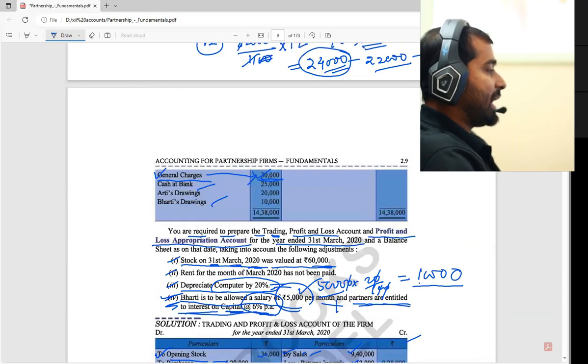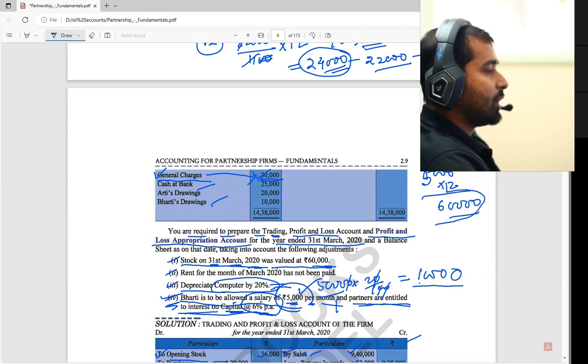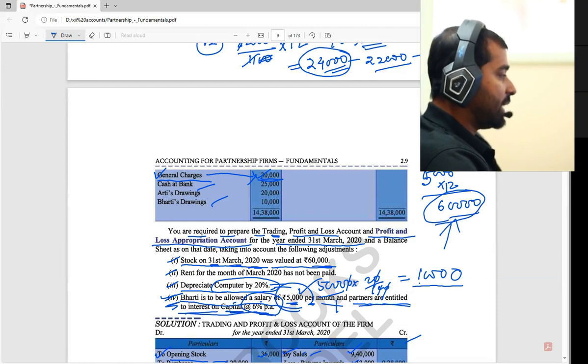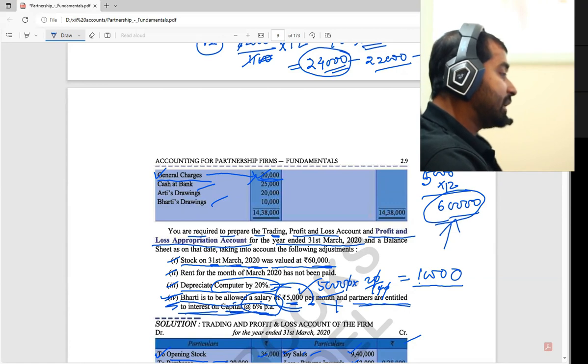What was there? Bharti is entitled to a salary of 5,000 per month. We are making it for a year. So 5,000 into 12, correct? That was for a month. So into 12, that will be 60,000. Now yearly, Bharti is going to get 60,000 of salary, and interest on capital is